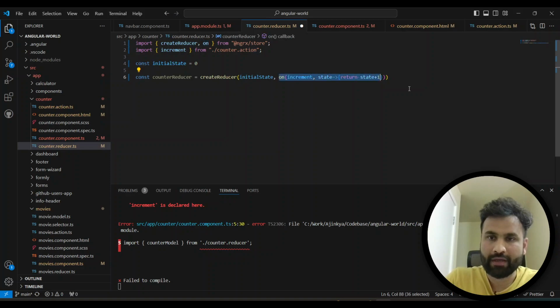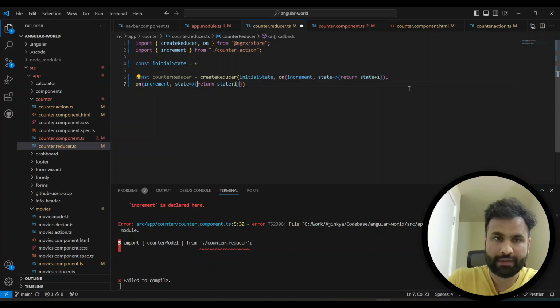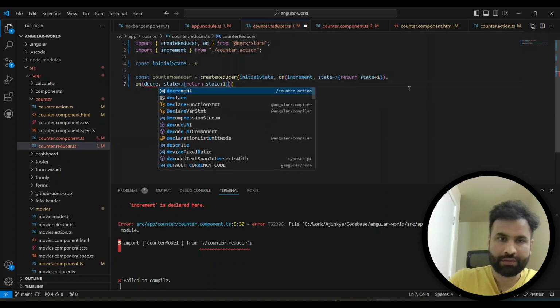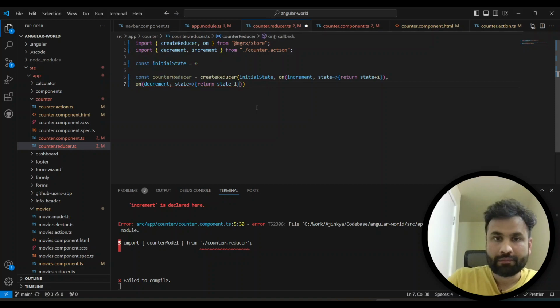Similarly, I have another function, and that is of type decrement. So similarly, I'll just add one more function, that is decrement, and I'll just mention the type. So as you can see here, this is the type of the action, and for decrement, it should return the minus value, minus one value. Cool. And the third one is